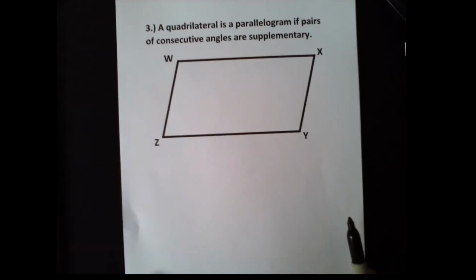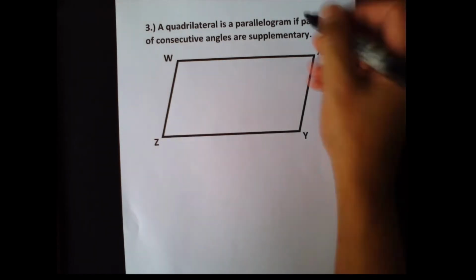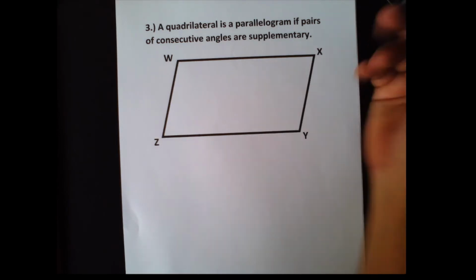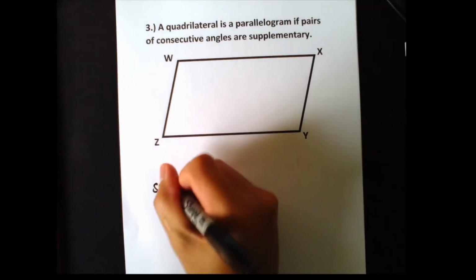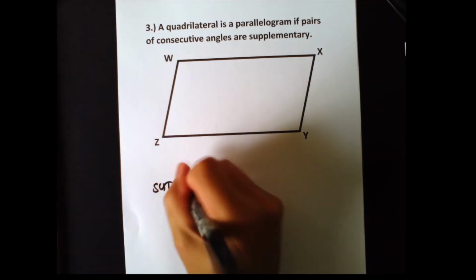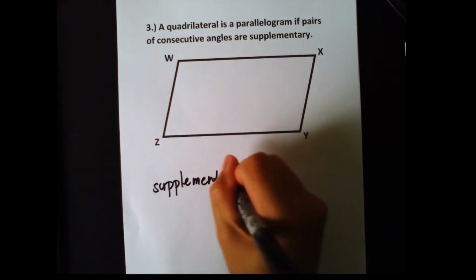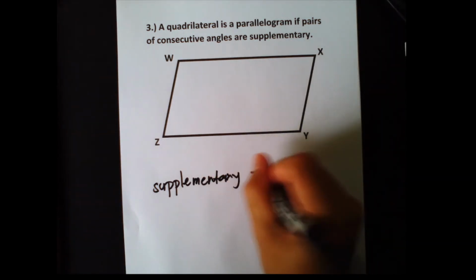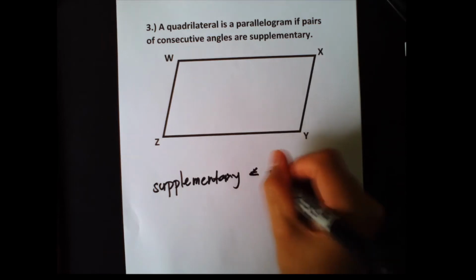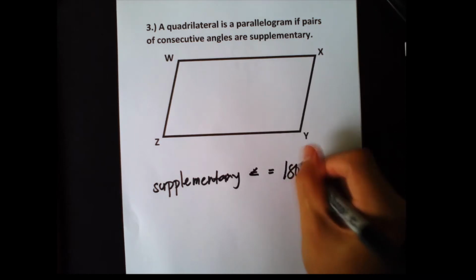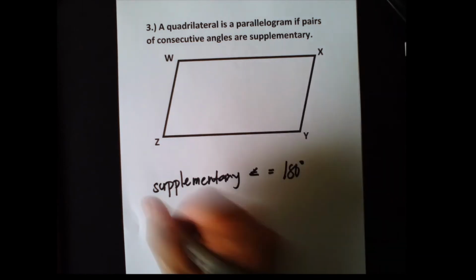Okay, so here is condition number 3. A quadrilateral is a parallelogram if pairs of consecutive angles are supplementary. When we're talking about supplementary angles, this has a measurement of 180 degrees. When you're talking about complementary,